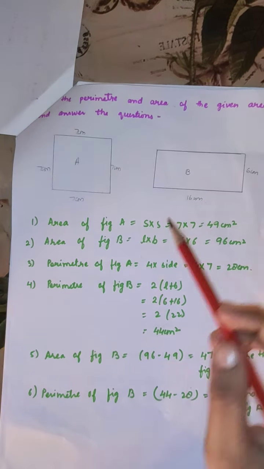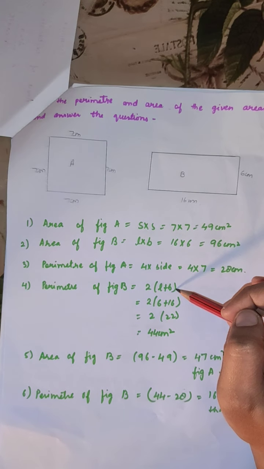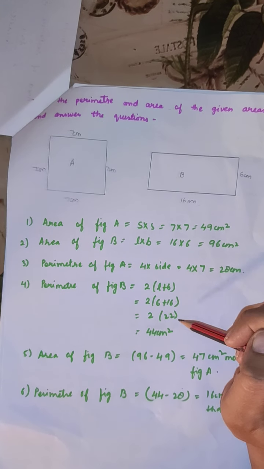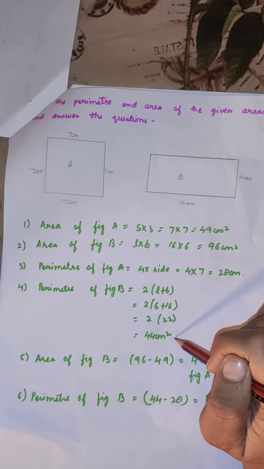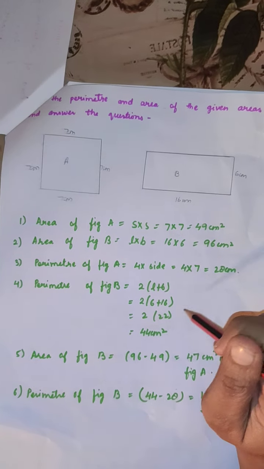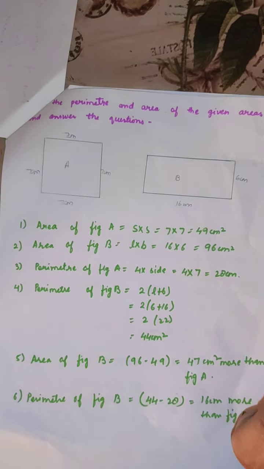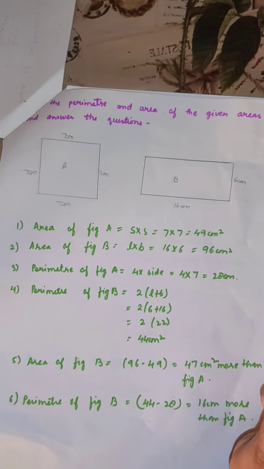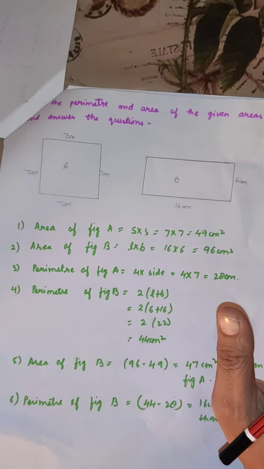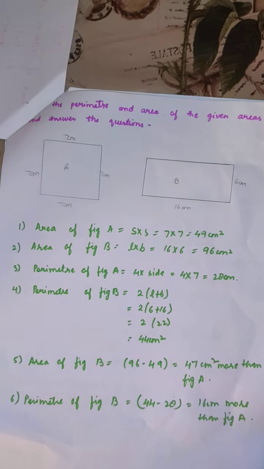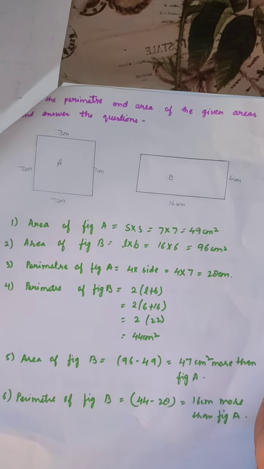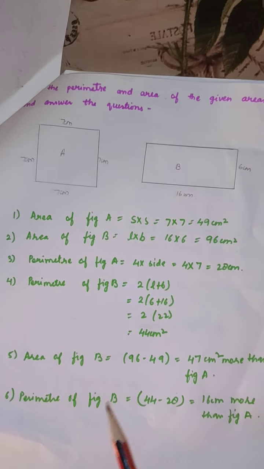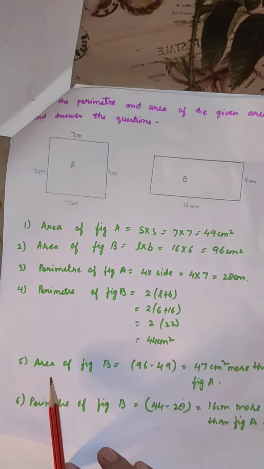Now the perimeter of a rectangle is 2 into (L plus B). Here 16 plus 6 is 22. If you multiply it by 2, you will get 44 centimeter. Now children, is this area and boundary? You have to learn all the formulas of area and perimeter of square and rectangle. You have to learn it very carefully. Then only you can solve these questions.